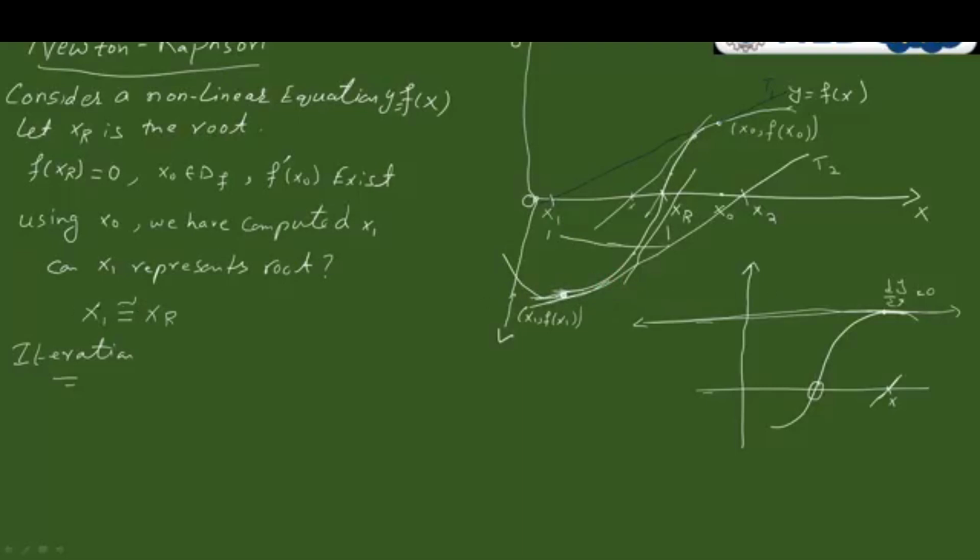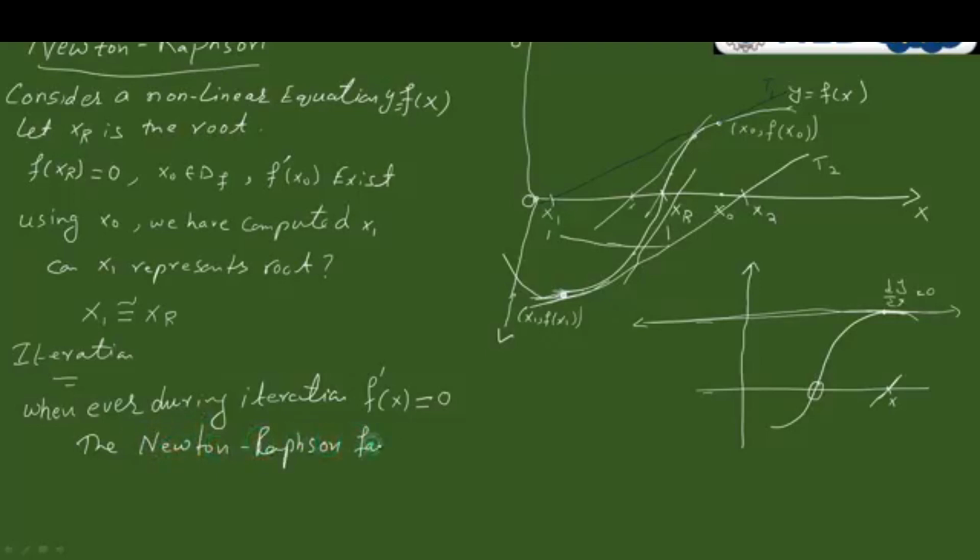So keep in mind that whenever during iteration f dash of x, I'm not referring to any value x1 or x2, I'm just saying at any point if f dash of x goes to 0, that is your derivative becomes 0, then Newton-Raphson